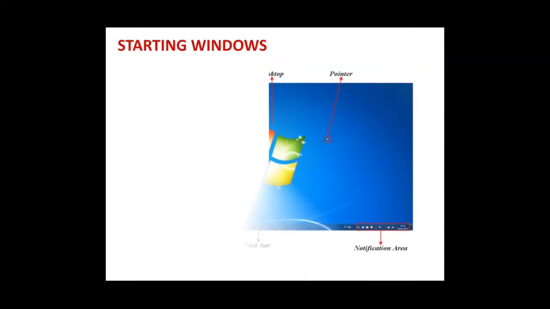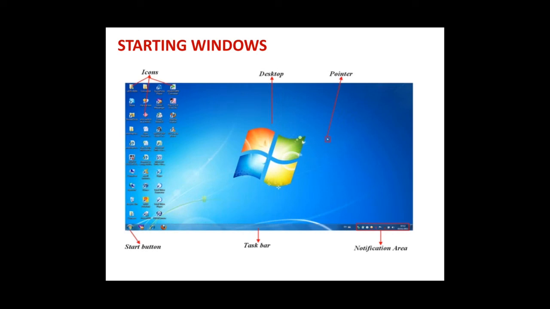Then once you open your system, and if you have Windows 7 as your operating system, this first screen appears. I just want to give you a quick glance of this, as you are already aware of all these things, as we have done it all earlier also. The small pictures which are there, as we have discussed, it's a graphical user interface. It uses small graphics to interface between the user and computer. So these are called icons. Now the screen which comes first, when you turn on your computer, is called the desktop.